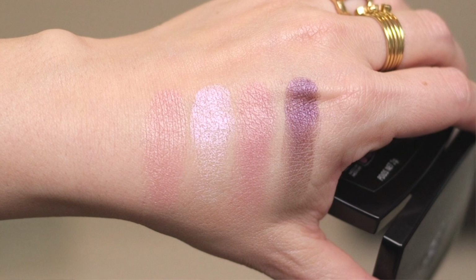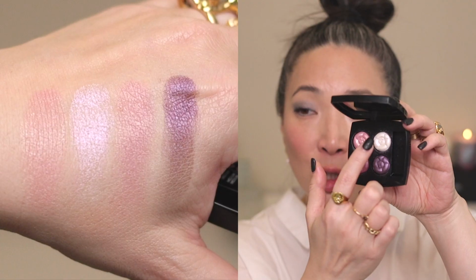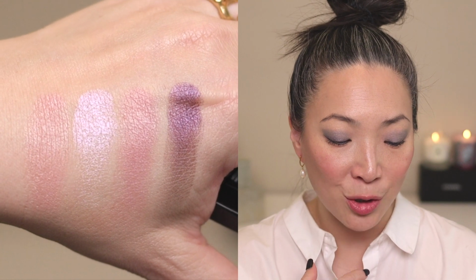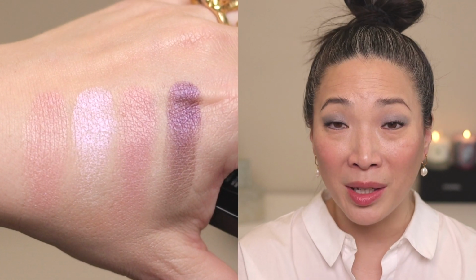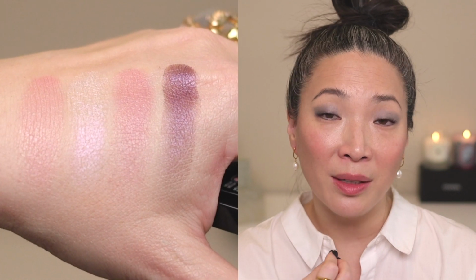Here are some close-ups of the swatches. I just go from left to right, top to bottom. And the shade in here that looks white, you can see that it's actually iridescent. It has this really pretty purpley pinky shift to it. And I was actually a little bit surprised by that. I thought it was just going to be like a white satin, maybe with a little bit of a silver tinge to it, but it is iridescent and I think it works really well with the pinks and the